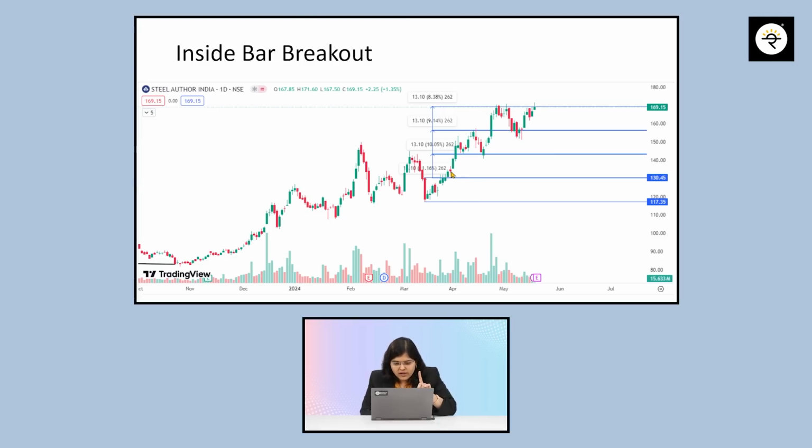Once it closed above it, yes, now this was almost a 13 points move, but 13 points with a stock price of roughly 130. So this is almost a 10 percentage move. Here if you see a breakout given, 1x, 2x, 3x, and still going, we are not sure. So here we'll have to see one more breakthrough. So I hope you have understood this.